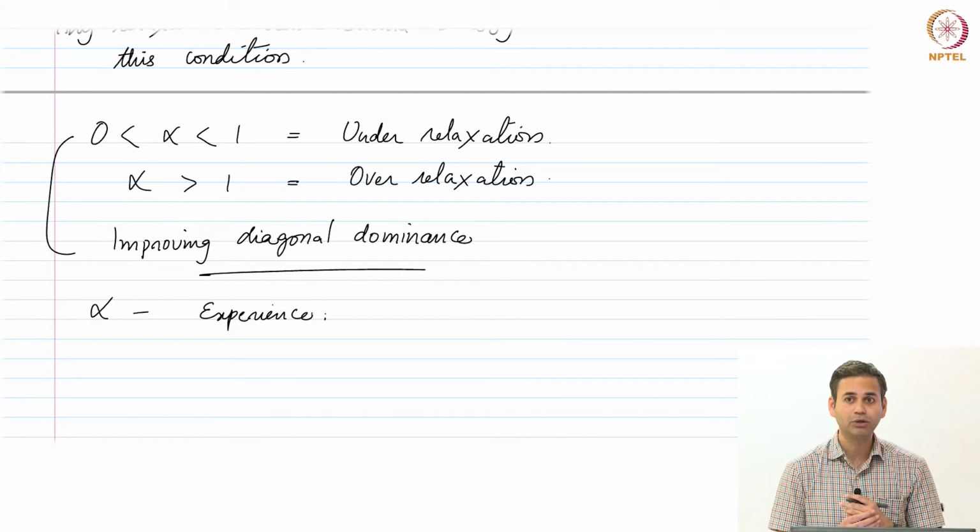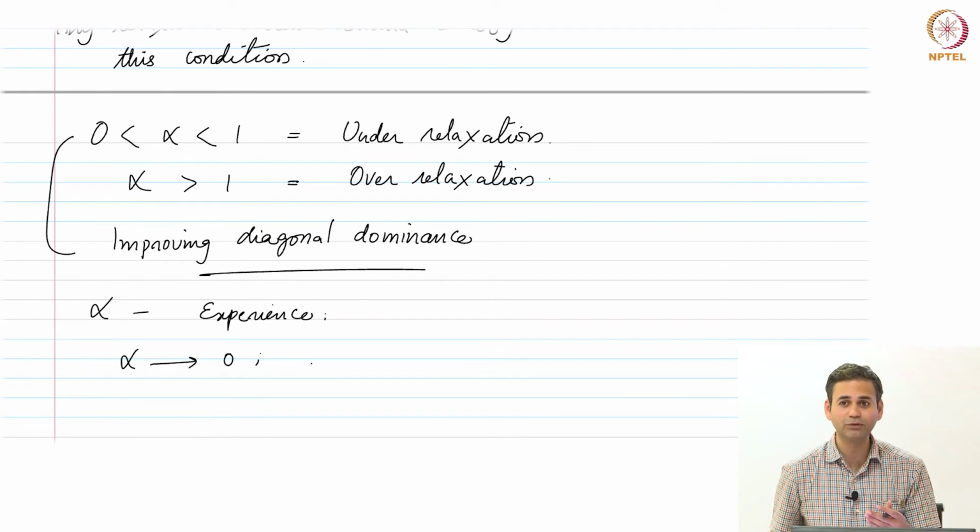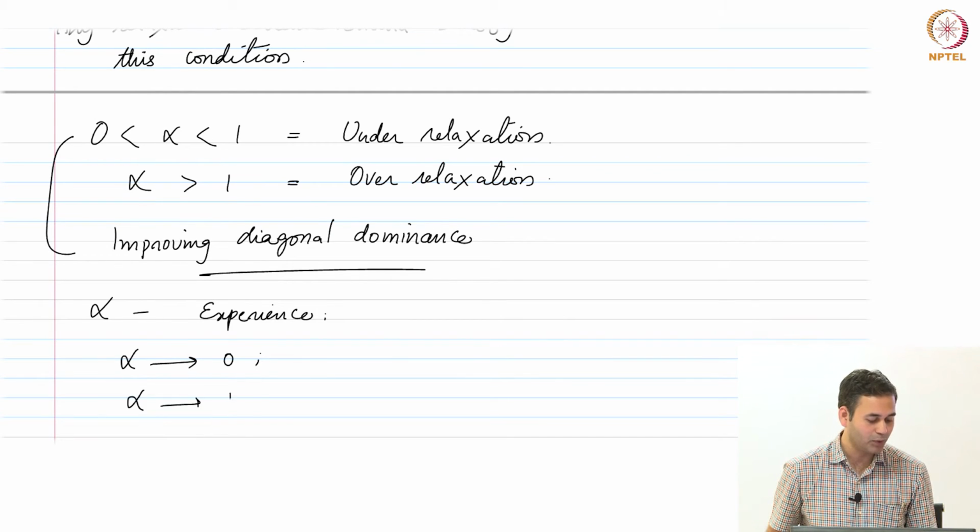So, essentially you are restricting the change, right. If you make alpha tend to 0, what will happen to the convergence? It will be very slow, right, because TP would not be very different from TP star. If you make alpha close to 1, then essentially you are making it the same as the original system, right. If it is greater, then you have larger changes coming into play, okay. So, these are the limits.